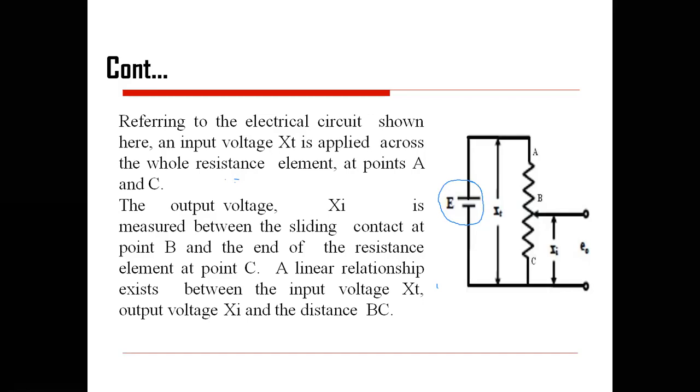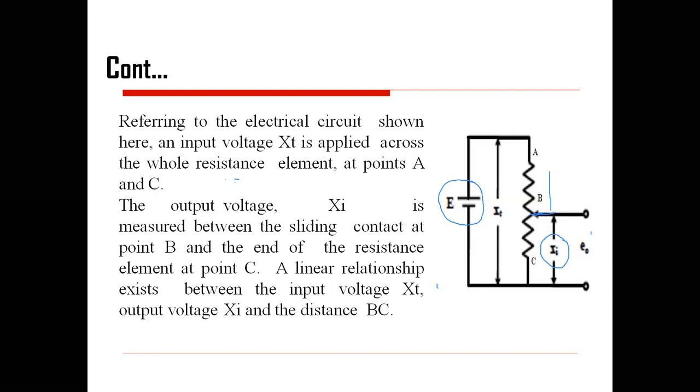This xt is nothing but the applied voltage, the input voltage across your entire resistor from point A to point C. And this one is the slider, and xi is the measured output of a sliding contact. If you go on moving towards this side, voltage E will reduce, because you have increased the displacement in the upward direction, meaning resistance in the path will increase or resistance in the path will